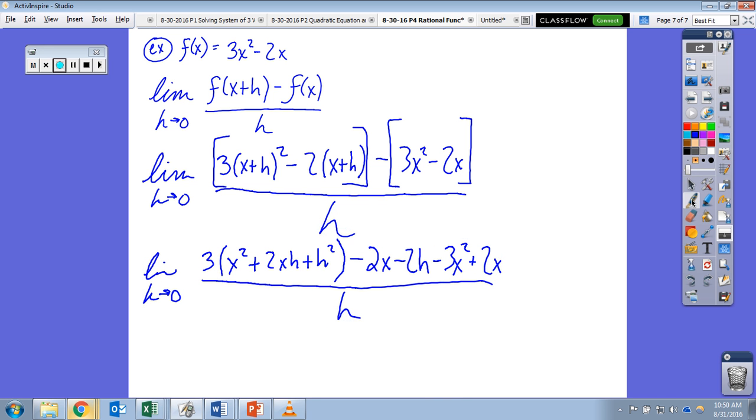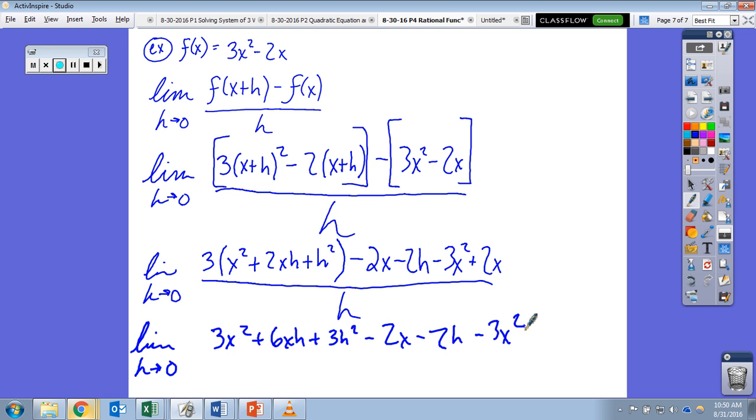Okay, so now we're here. So just keep going, keep expanding, distribute the 3. This is where I'll get sloppy. You guys know it says shorthand, lim is limit, as h approaches 0, of 3x squared plus 6xh plus 3h squared, minus 2x, minus 2h, minus 3x squared plus 2x,